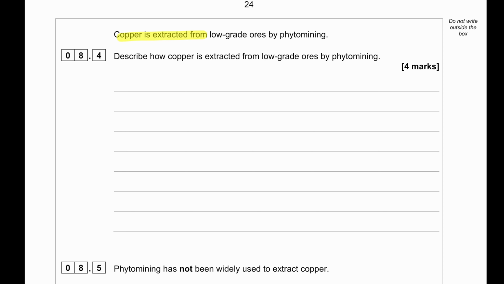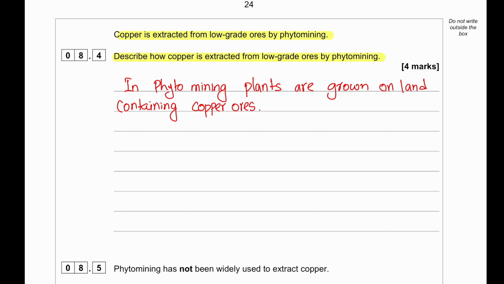Copper is extracted from low-grade ores by phytomining. Describe how copper is extracted from low-grade ores by phytomining. Phytomining is a process of growing plants on land that contains copper ores, and then the plants are burned to